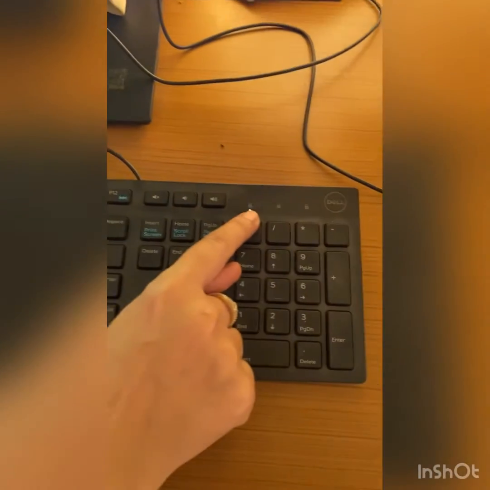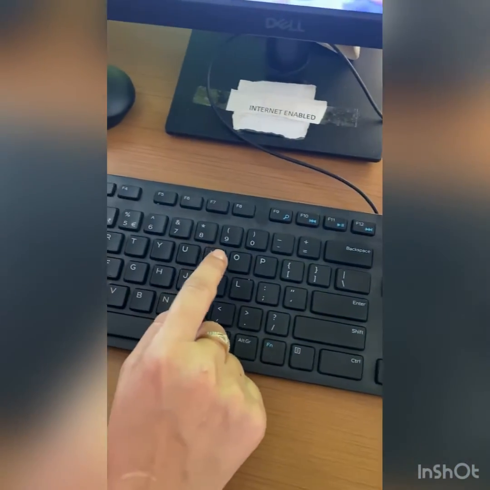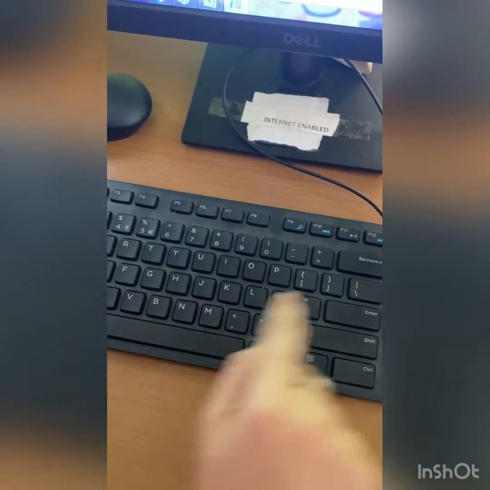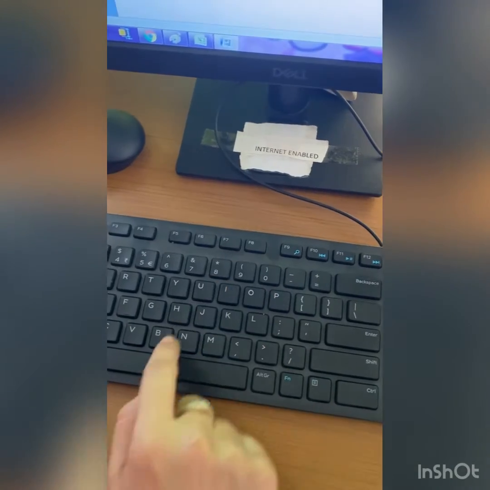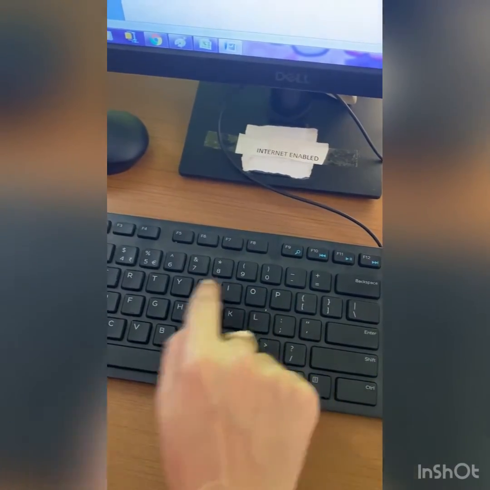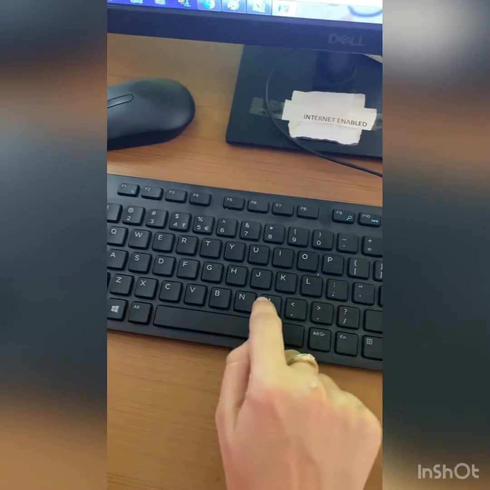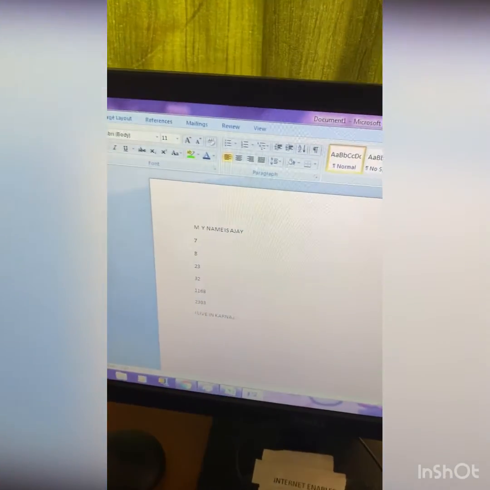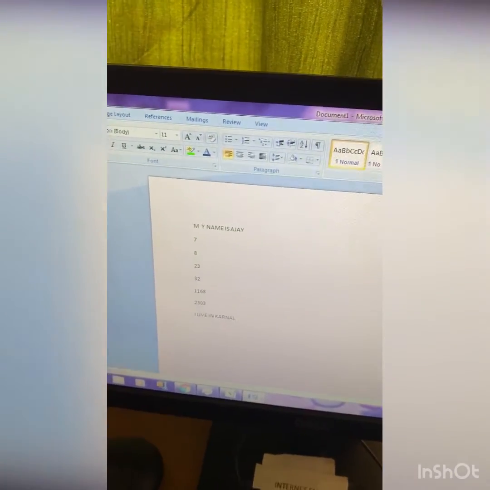See, the light will turn on. Now you can type in capital form. I live in Karnal. So, I live in Karnal comes in capital. This is the function of the caps lock key.